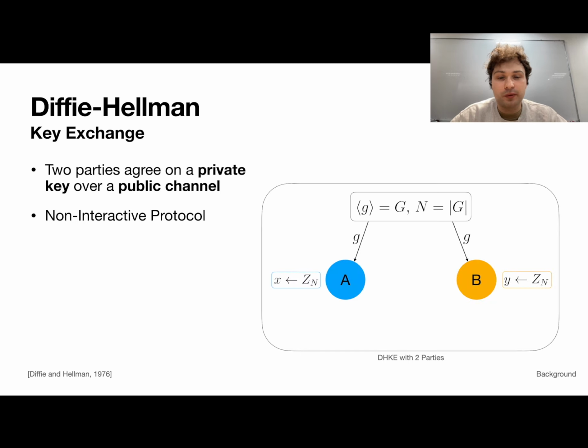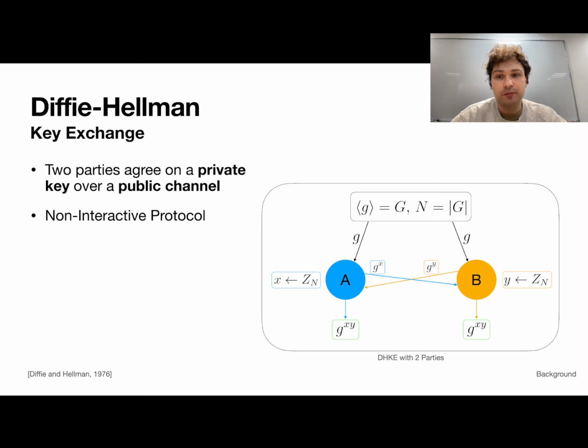The way the protocol works is that each party is going to take the generator g. They're going to generate a private integer, which is known only to themselves. Then they're going to exchange messages. A is going to send g^x, B is going to send g^y, and then, given the message they received and the integer that is private to themselves, they're both going to be able to compute g^(xy).